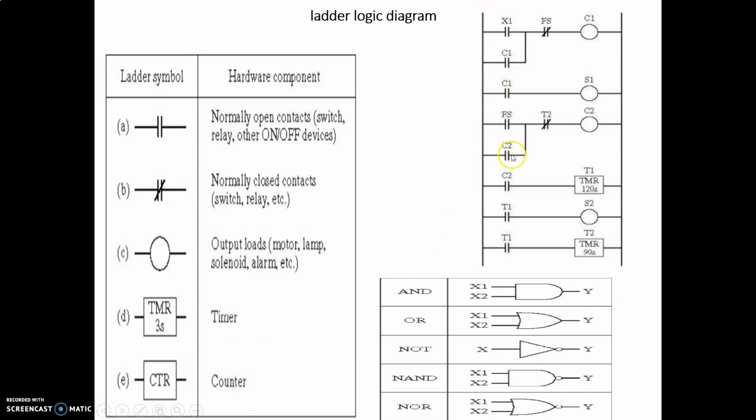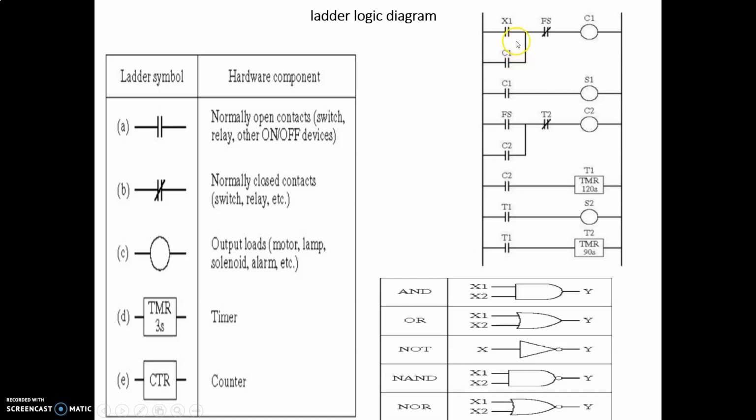So here we have an example of a ladder logic diagram. This diagram I have taken from one of the numericals, and we will discuss that in detail. Here we will just try to understand briefly what this means, so we can have a rough idea of what we are going to do. We have two vertical lines, and those vertical lines are connected by horizontal lines. This is the higher power source, this is the lower power source. These are called rungs. One rung, second, third, fourth, fifth, sixth, seventh, eighth.